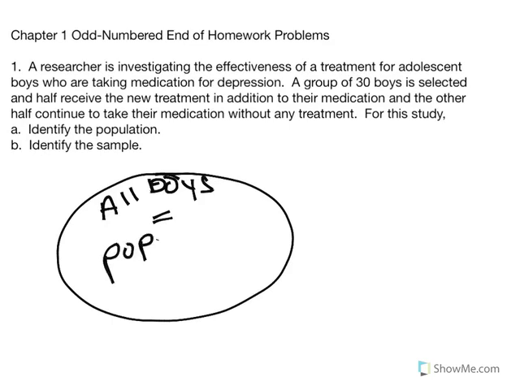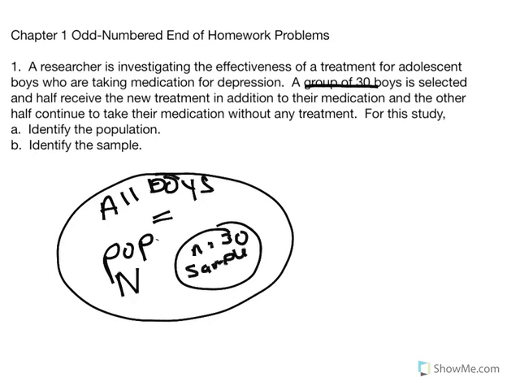Okay, we're going to select a smaller group, a group of 30. So if we think of population as denoted by capital N, if we take a subset where n is equal to 30, that represents the sample. So in other words, the sample will always be a smaller subset of the larger population. So again, the population, all boys